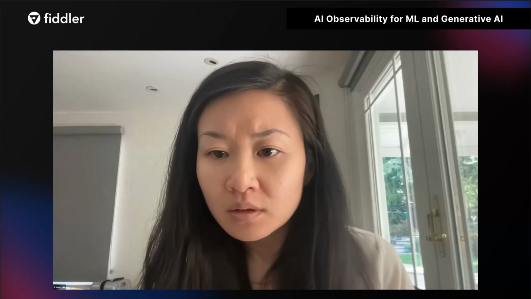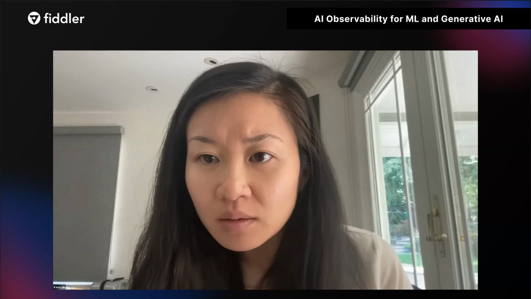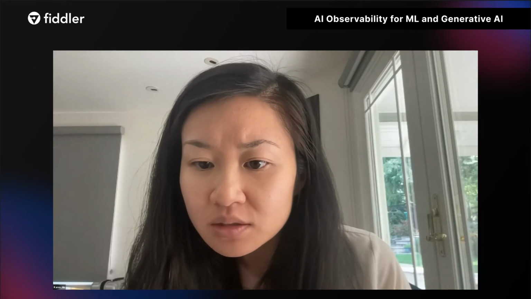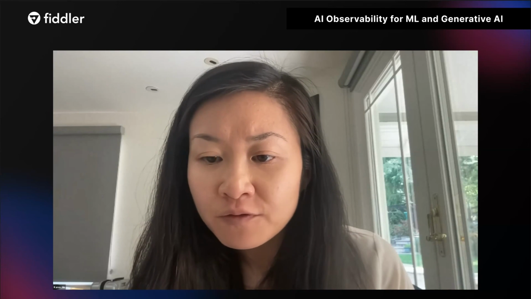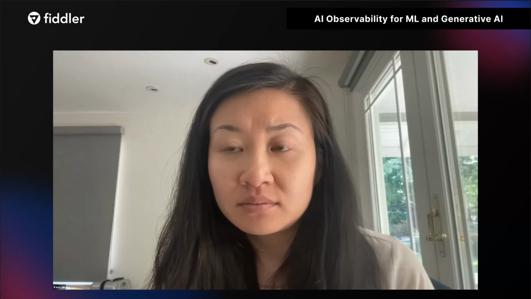Great. Let's see here. Looking through questions. Okay, the question is, how would you fix embedding drift? The monitoring part is mainly about detecting drift. The next step is doing some root cause analysis to understand why the drift has happened.